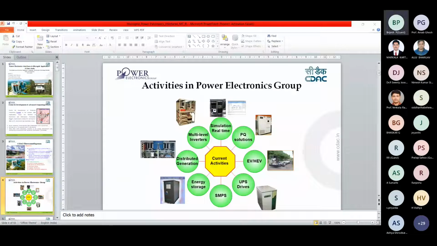Now I'm moving to one of our microgrid installations. This installation we have done in Nambet phase 2, which is supported by NIT, a nodal agency of MNRE in Kerala. And the location we identified was an off-grid tribal colony.